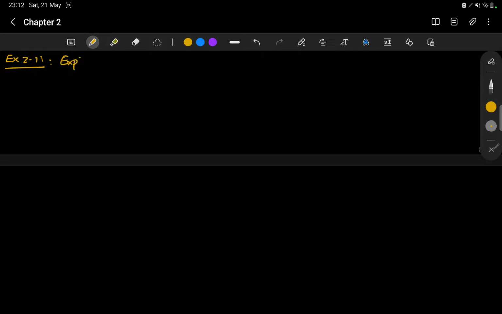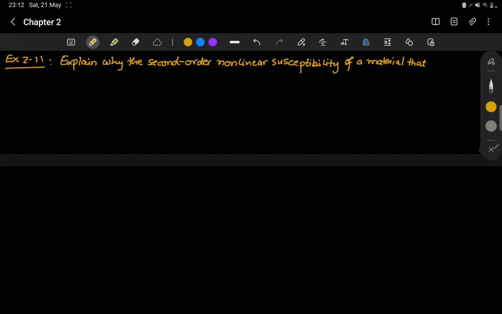The question states, explain why the second order nonlinear susceptibility of a material that possesses inversion symmetry